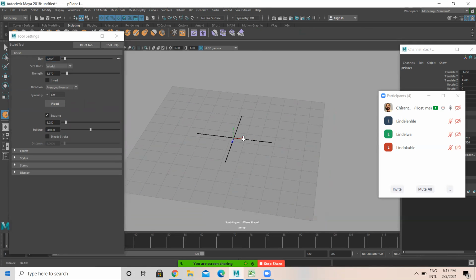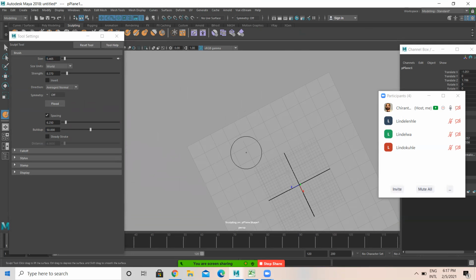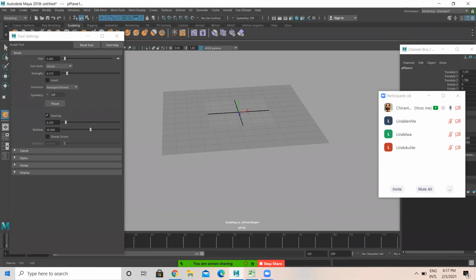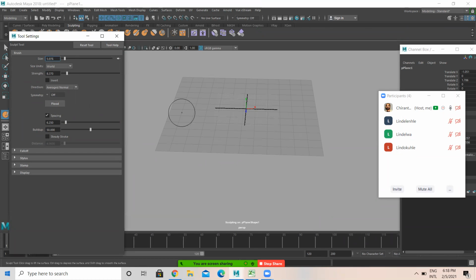Okay. You need to select the object and go for the tool. So here what I'll do, holding B with left click or right click: left click will reduce the brush size, right click will increase the brush size. Or else even here you have this one, you can increase or decrease the brush size. Okay. So strength I'm going to reduce. Reset tool.